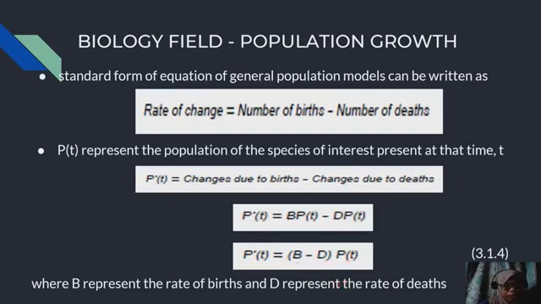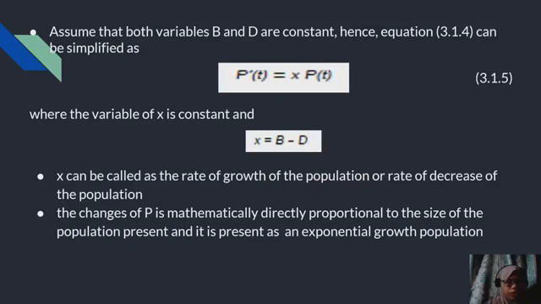Note that B represents the rate of births and D represents the rate of deaths, and the variables B and D could be either a function of time or may be related to the population, depending on the environment conditions and particular species. Assume that both variables B and D are constant, hence equation 3.1.4 can be simplified as P'(t) is equal to x P(t),